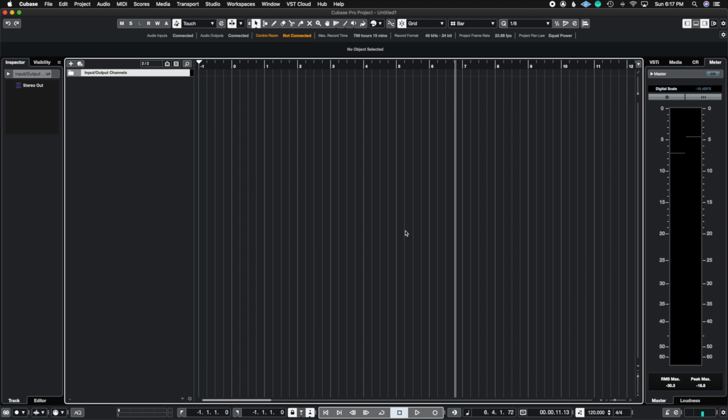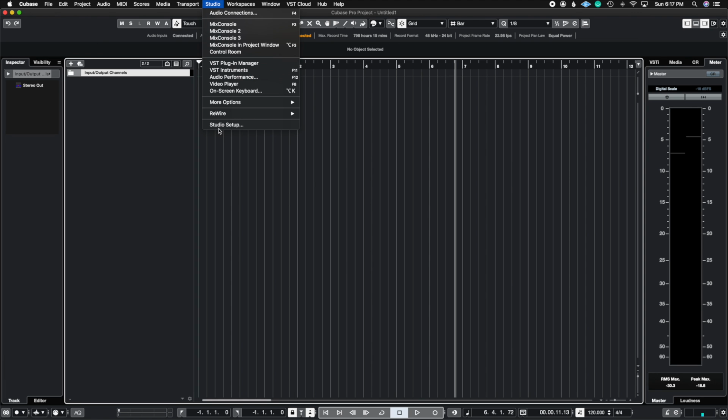So let's say you got a fresh new copy of Cubase and you want to go ahead and set up your audio inputs, your outputs. You want to do things like your sample rate, you want to change your buffer settings, you want to change frame rate, all that good stuff. I'm going to show you where to look and how to set all of this up according to whatever specs that you guys have. So the first thing that we want to do is we want to open up the